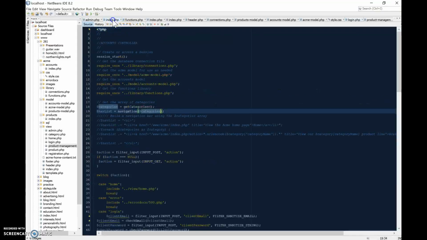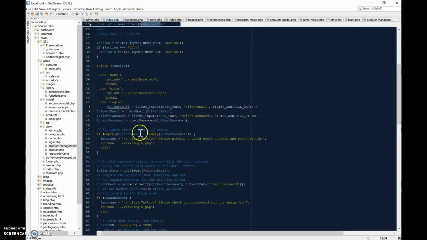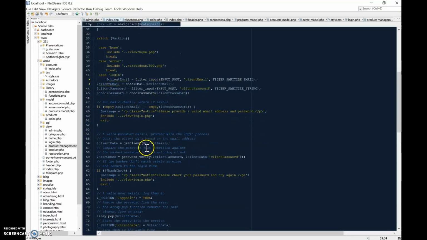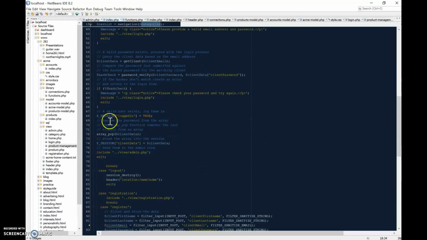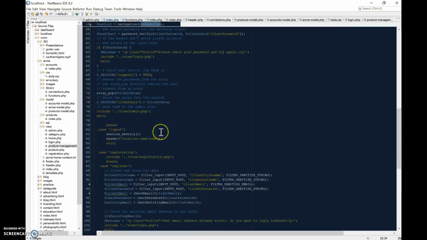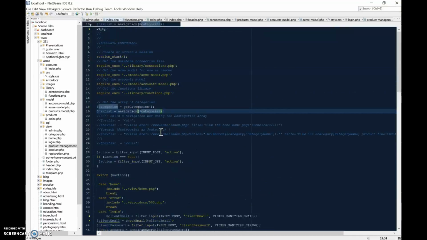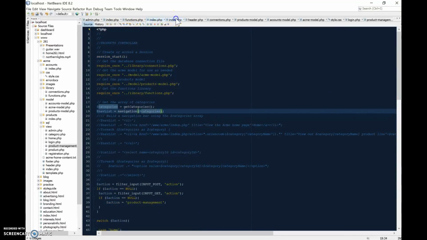we didn't change anything here, but in the accounts controller, we made sure that there was client data, and then we opened a session as logged in, and then we have an array of the client data, which is what is showing the client's name. And then we also have